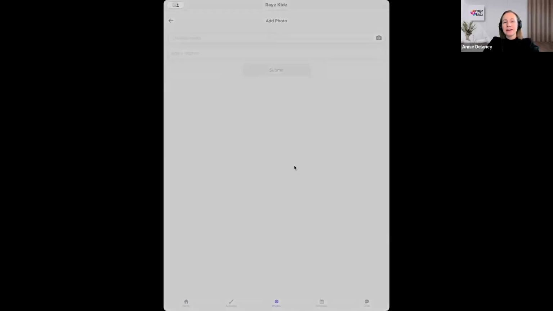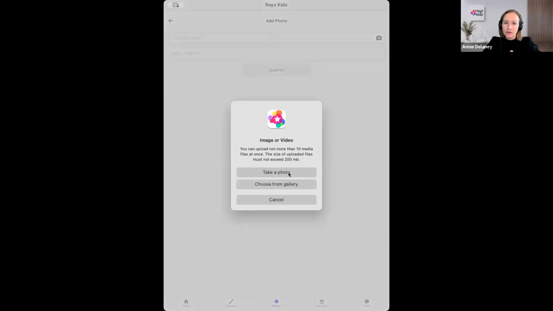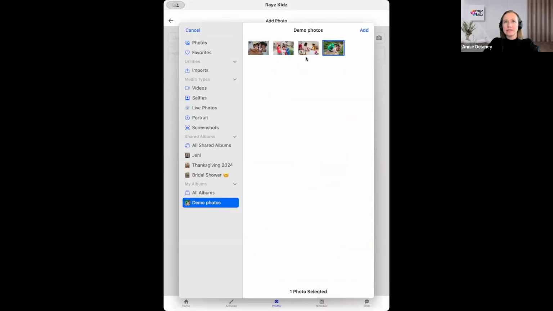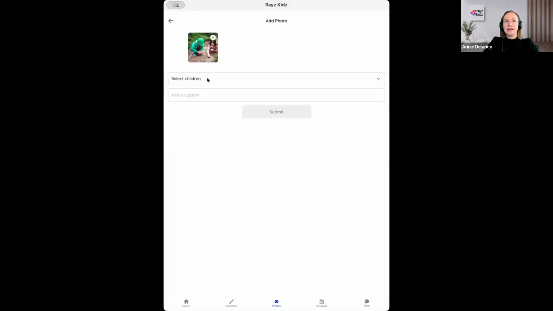We'll choose the media, and you have the option of either taking a photo right from your phone, which will bypass your phone storage, or to choose from the gallery any pictures that you've already taken. So we'll press choose from gallery, and we'll go right over here and select this photo. We'll add that. There's two children there, so we'll go ahead and tag both Ben and Maya in that photo. We'll add an optional caption that says, let's see, they were doing our little entomologist activity, found lots of bugs,